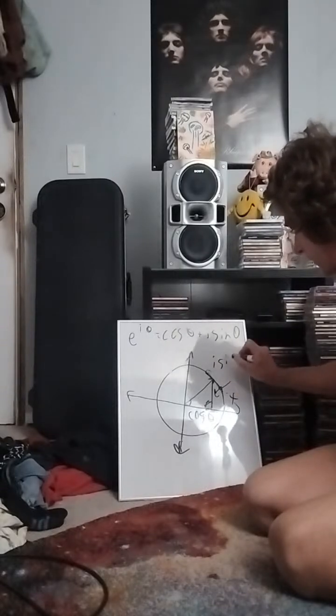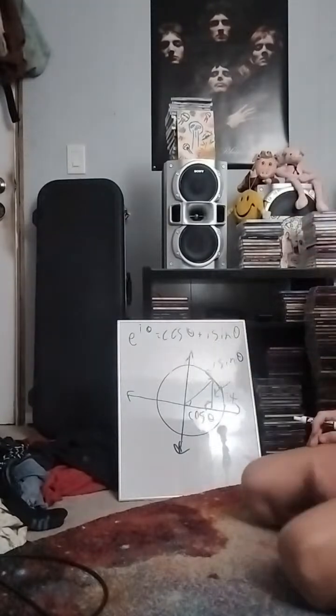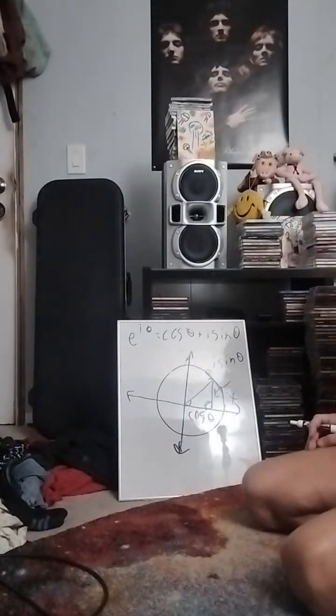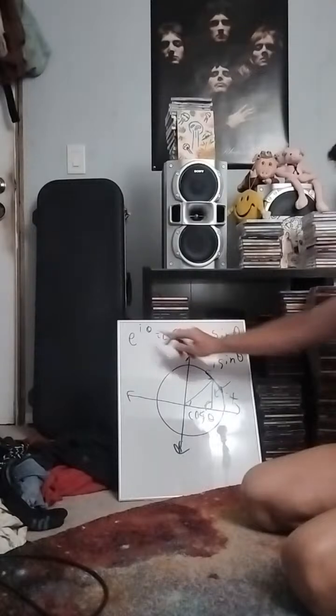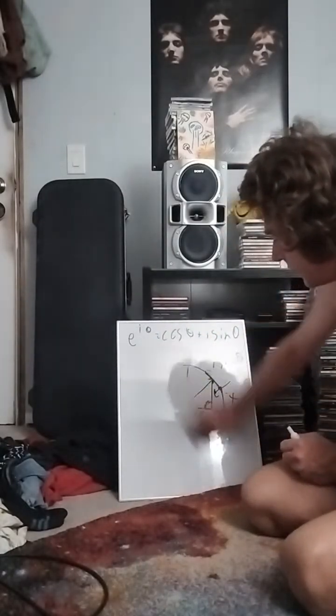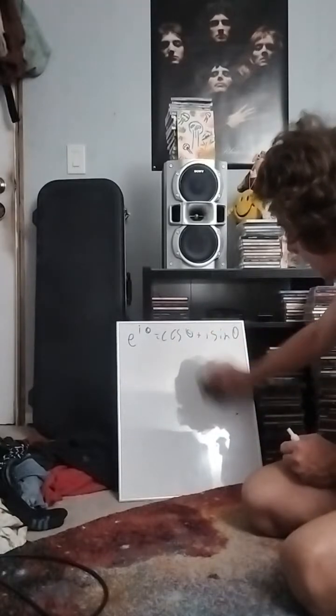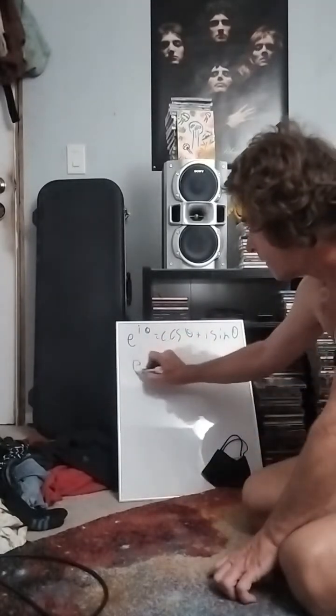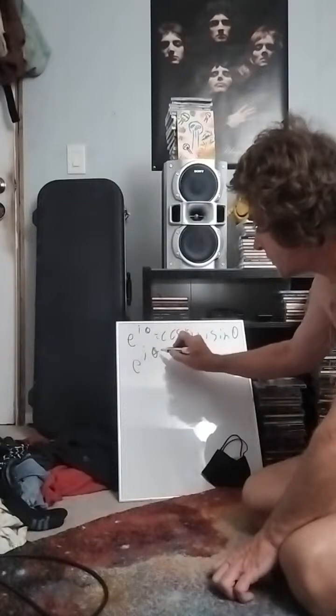Therefore, because of the circular relationship I just showed on the diagram, you can see that e to the i theta is the equation of a unit circle